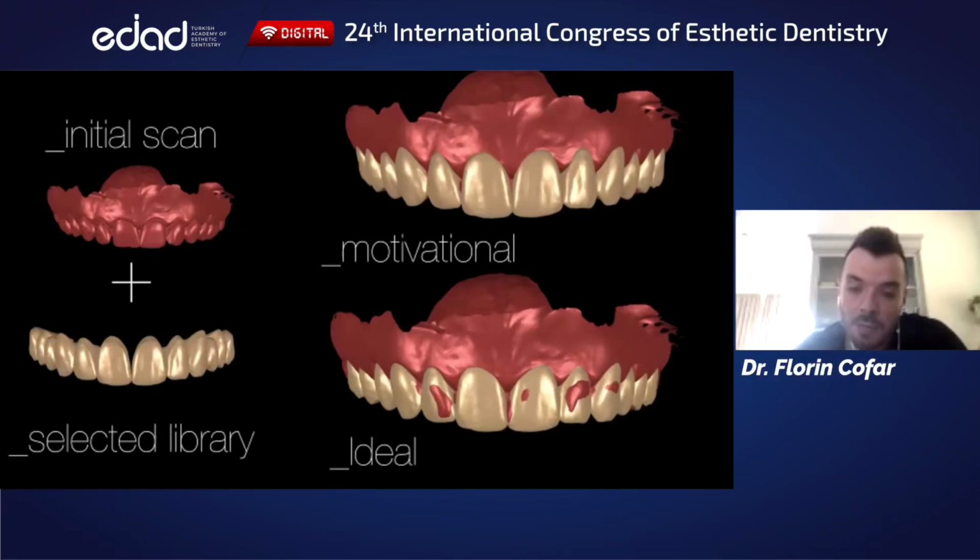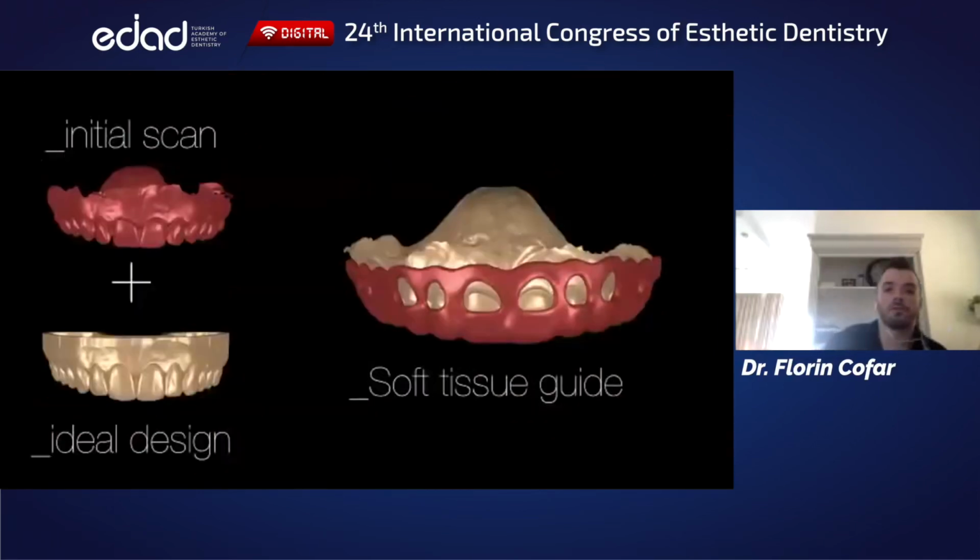Well, you cannot put it in the mouth because you need to cut things before that. And to cut things, you need the patient to accept. And for the patient to accept, he needs to see something. So you get the point. So that's why there are two ways of doing it. Either you do it virtually, you get the acceptance there and you go to ideal, or you do the motivational and the ideal. So once you have the ideal design, then you can create all the other guides